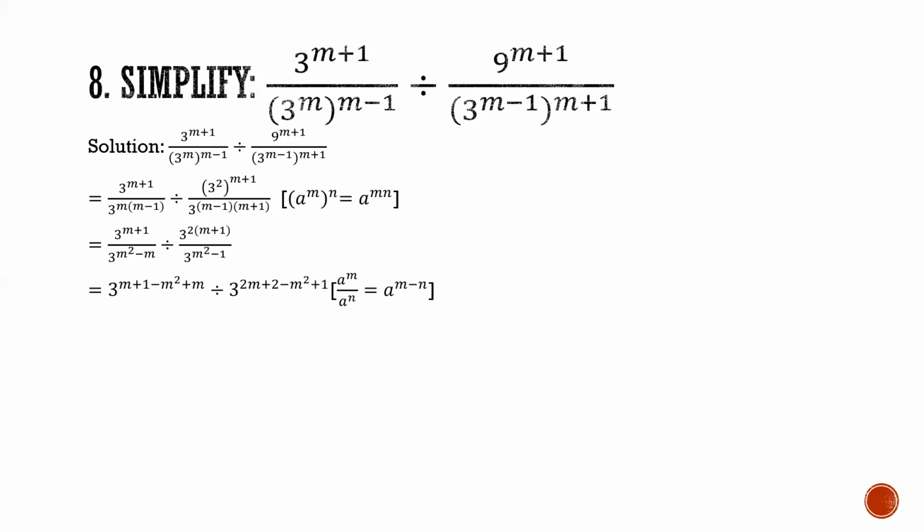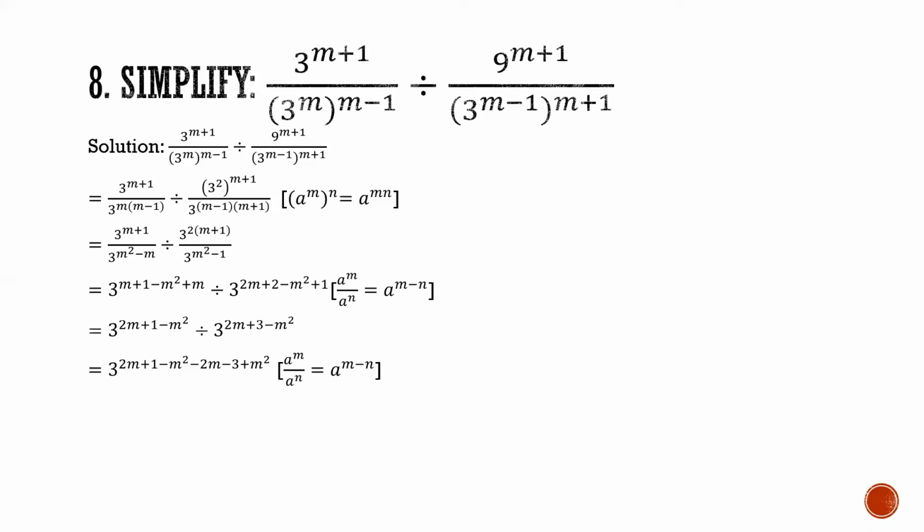Here in our first part, 3 to the power m plus 1 minus m square plus 1. So m and m can be added. So adding them, we will have something like 3 to the power 2m plus 1 minus m square divided by 3 to the power 2m plus 3 minus m square. The next line, here again we have to apply the same formula of division, because here we got a division sign and in the two parts of the division sign we got the same base 3, so the powers will be minus. So here 3 to the power 2m plus 1 minus m square,